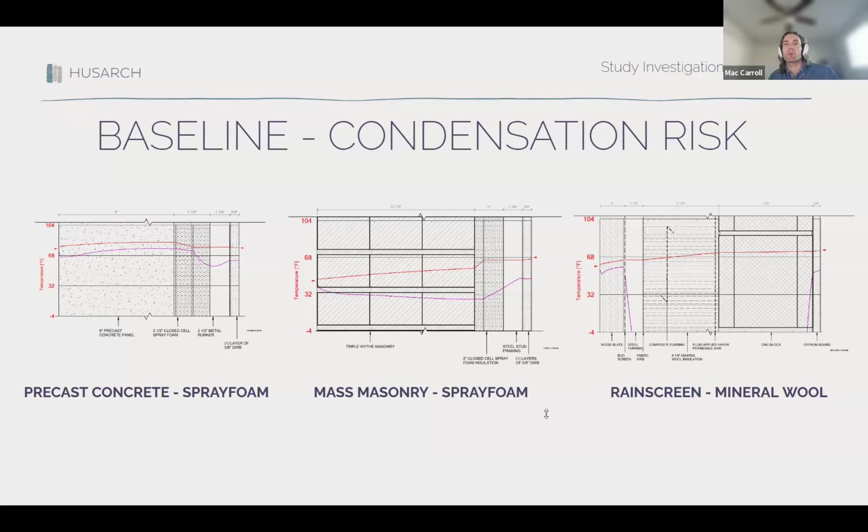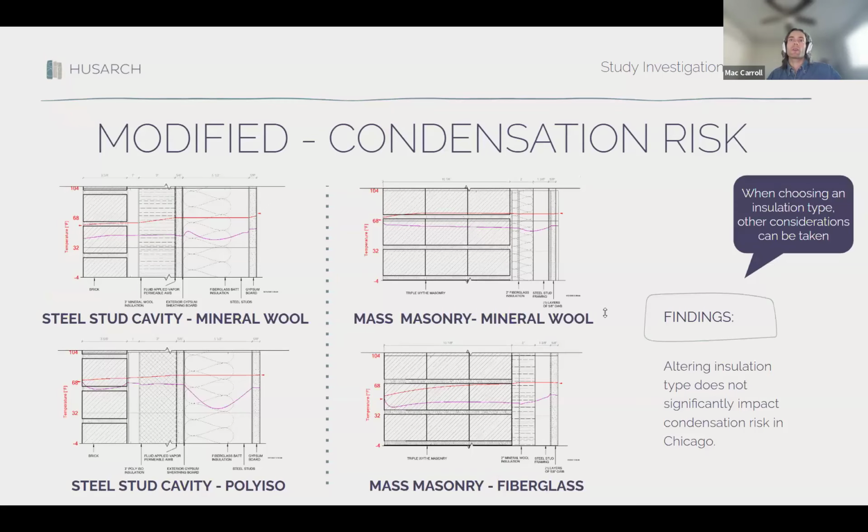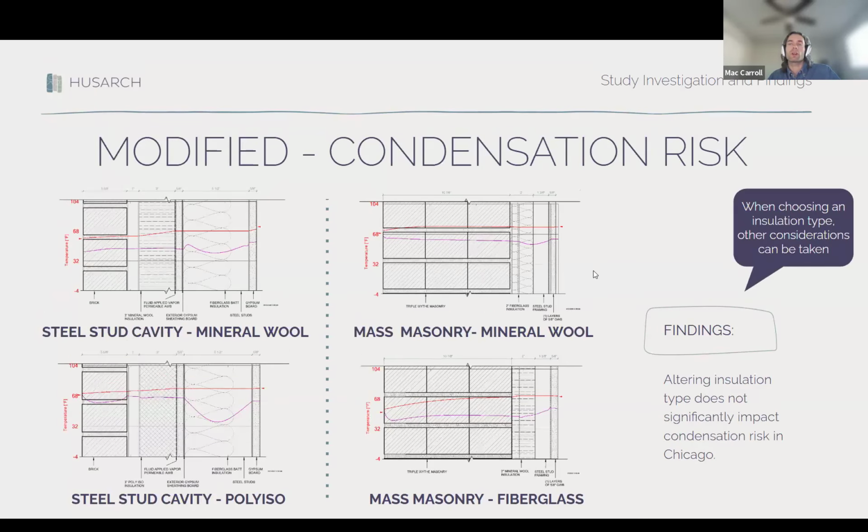And here are some of the other examples. The precast, the baseline case was with the spray foam, and same thing with the mass masonry, and the mineral wool was on the rain screen wall. Interestingly, after we modified the insulations to a different type, and this was surprising to us because